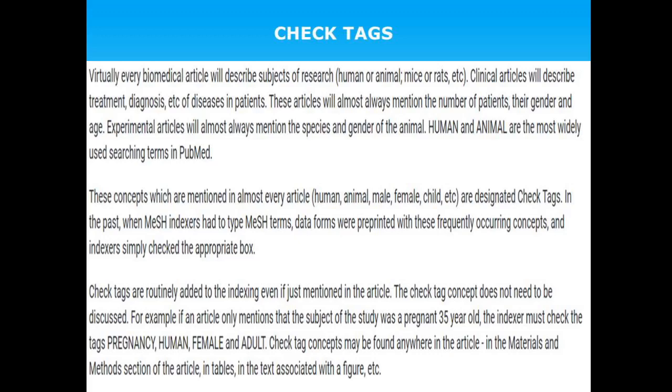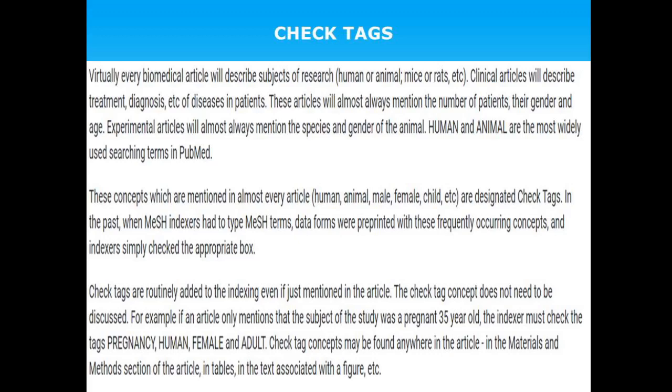So see, virtually in biomedical literature, all the biomedical articles will describe the subject of research. When you take biomedical literature, they will test their medicine on a certain subject. The subject may be human or animal or whatever it may be, right? They will test. Then only you can identify the improvement or whether the health is deteriorating. So the subject, in the sense not a discipline, that is a human subject or animal subject. So that will cover every biomedical article.